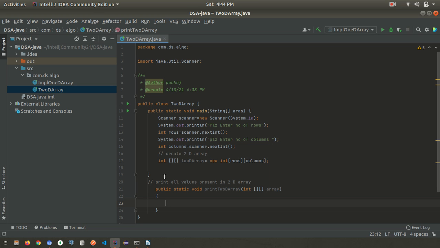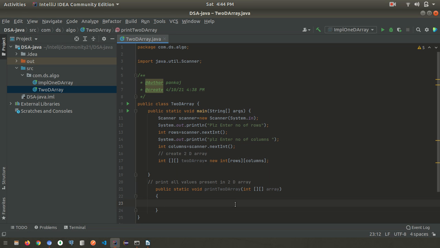What we need to do is display this data to the user whoever calls it. We have a 2D array, a number of rows and a number of columns.